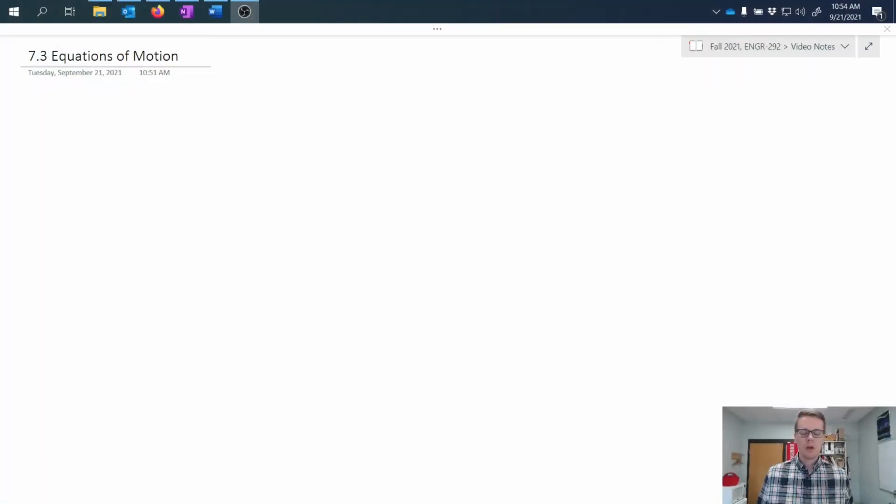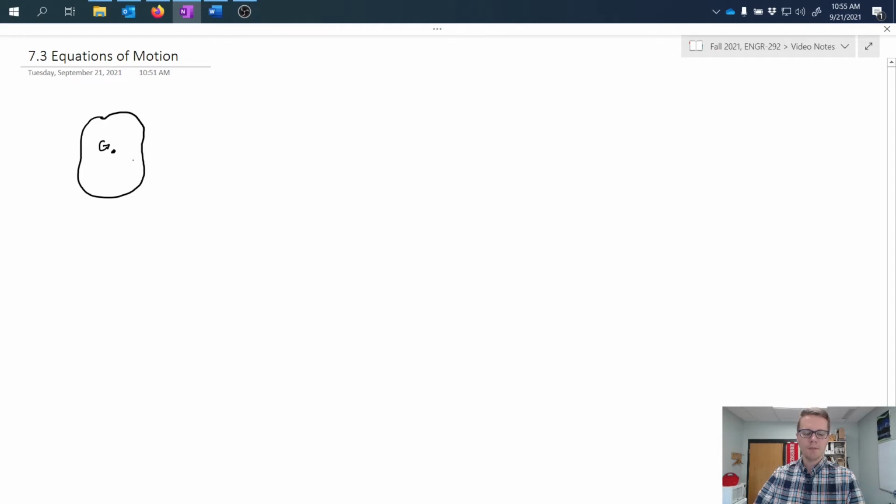In this video, I want to talk about the equations of motion and generically how we might apply them to this condition of general planar motion that we've been working with. So just to rehash a little bit, general planar motion is the analysis of the motion of an object or a rigid body, taking into account the rotation and translation components of that motion. So for example, if we have a rigid body and we have a center of gravity